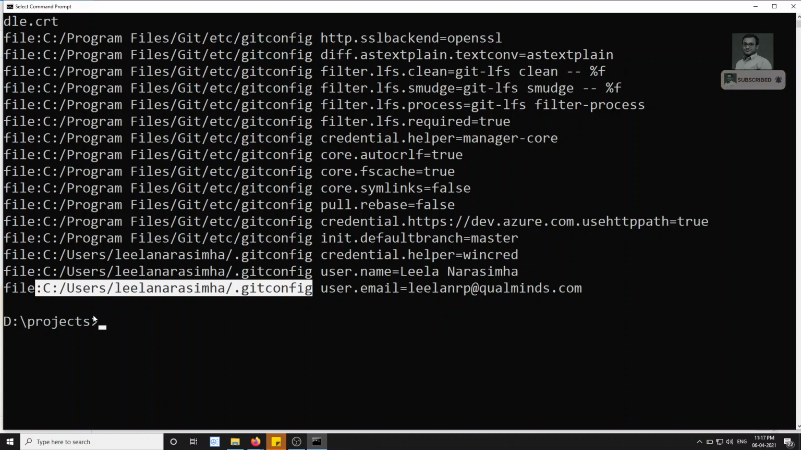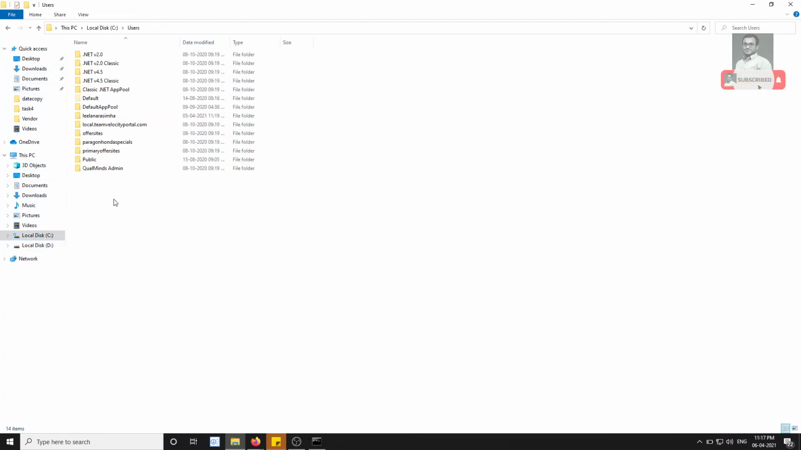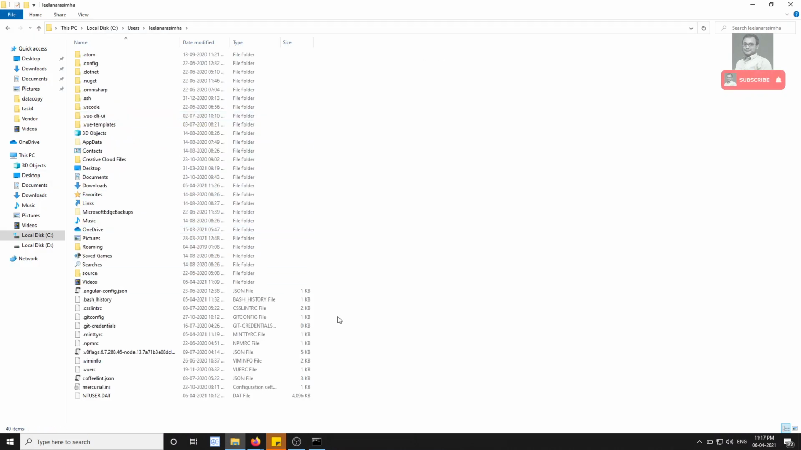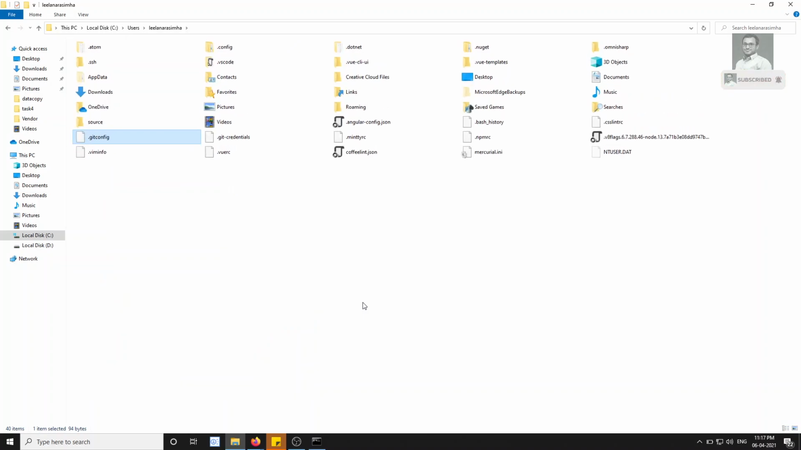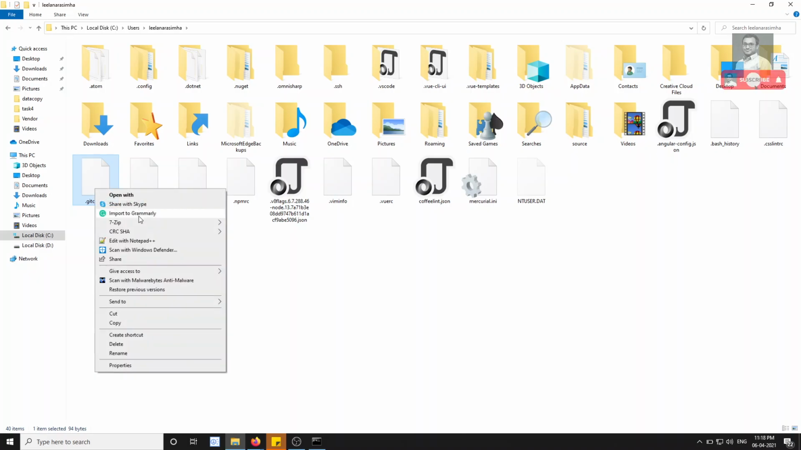So now if you want to check, you can go directly to C, in the Users. C:/Users/Leela Narasimha, this is my username, and here you will be able to see the .gitconfig. If I make it bigger, you will be able to see the .gitconfig here. If I open this one with Edit with Notepad++,